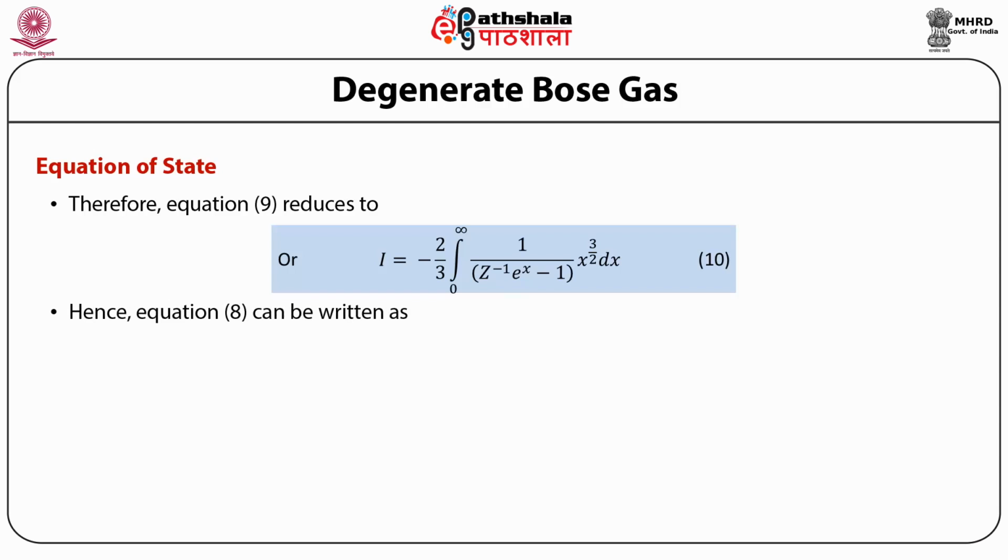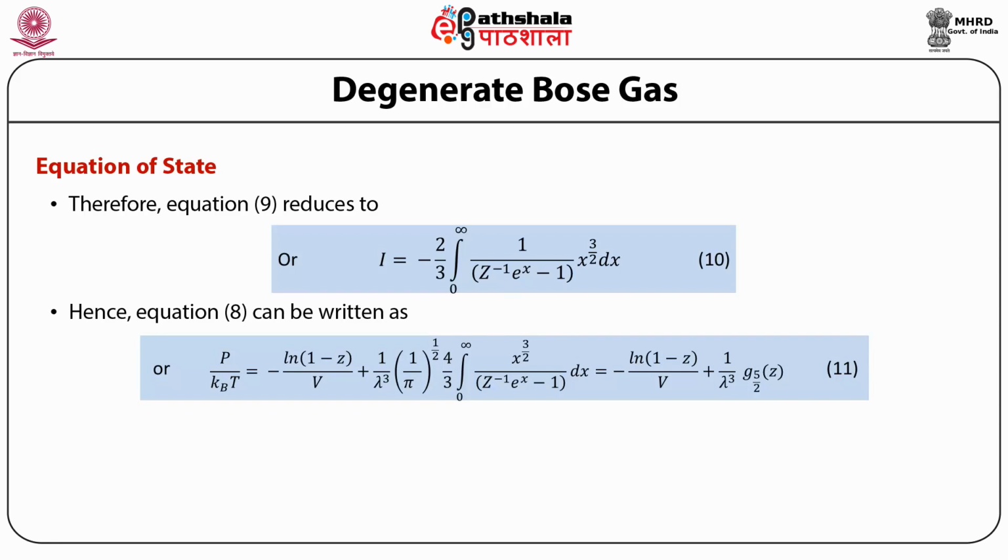Hence, equation 8 can be written as p upon kBT is equal to minus log of 1 minus z upon v, plus 1 upon lambda cube into 1 upon pi raised to power half into 4 upon 3 integral from 0 to infinity x raised to power 3 by 2 upon (z raised to power minus 1 e raised to power x minus 1) dx is equal to minus log of 1 minus z upon v plus 1 upon lambda cube